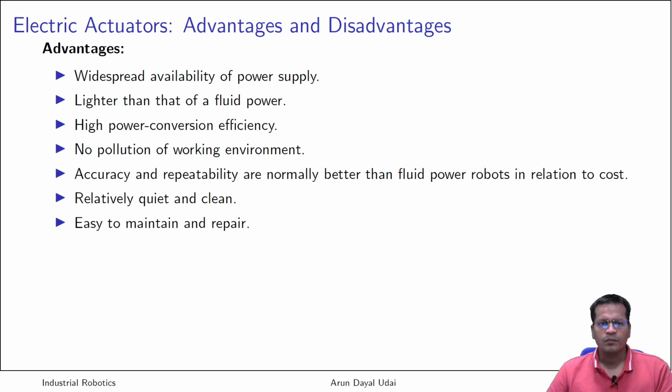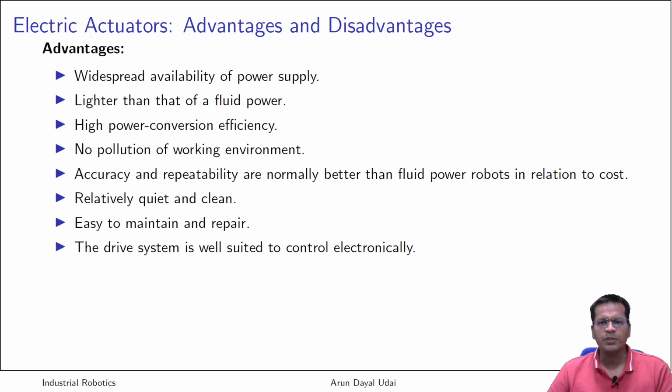properly, right? And they are easy to maintain and repair because the know-how is very readily available right next to your home, maybe in your nearby market. You find people who are specialized. There are skills which are widespread and people know how to repair it quite easily. Know-how is easily available because it is popular. Most electrical things, even household appliances, have such motors, so people know how to maintain such motors. Got it? So that is the reason electrical actuators are very popular, and they are easy to maintain and repair as well.